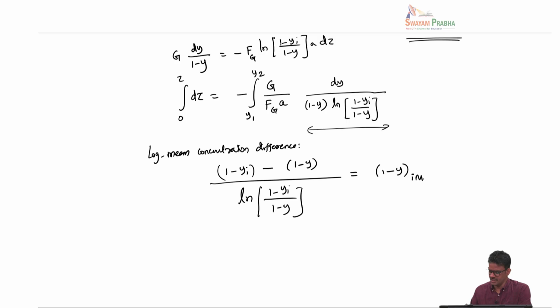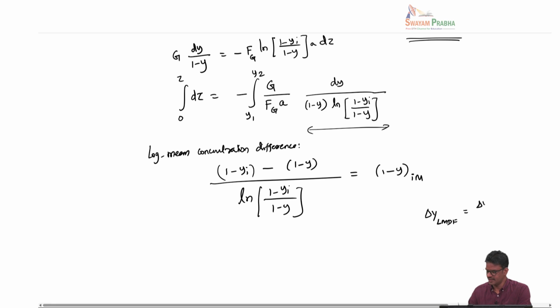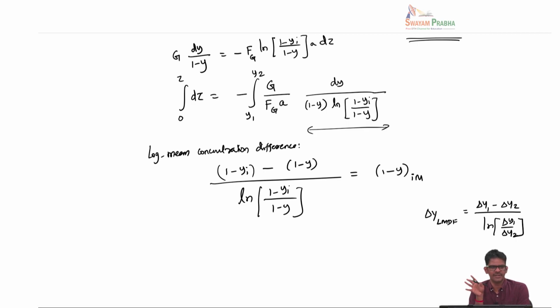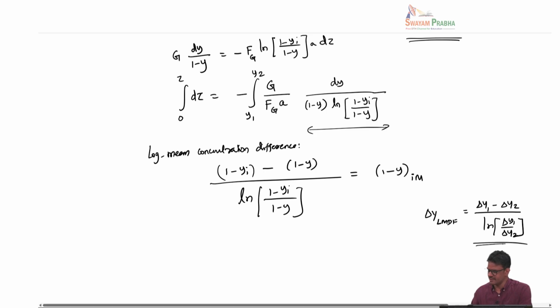You might be aware that we have written something like delta y LMDF is something like (delta y1 minus delta y2) by ln of (delta y1 by delta y2) in one of the classes. We use this for temperature difference in heat transfer. We also showed this for one of the mass transfer problems also. So now you can see that this expression is very general. We can choose different